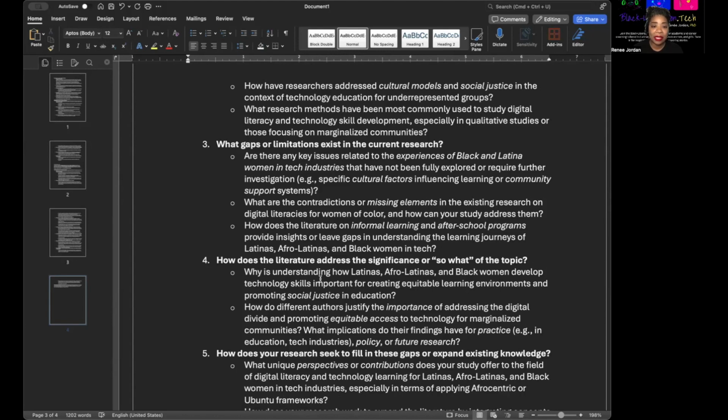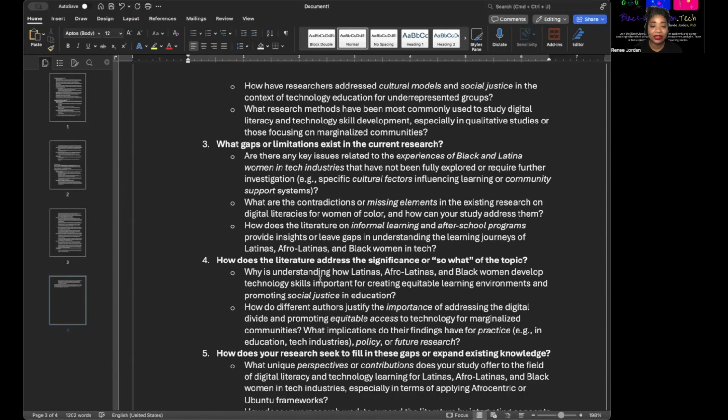What gaps or limitations exist in the current research? Are there any key issues related to the experiences of Black and Latina women in tech industries that have not been fully explored or require further investigation? For example, specific cultural factors influencing learning or community support systems.